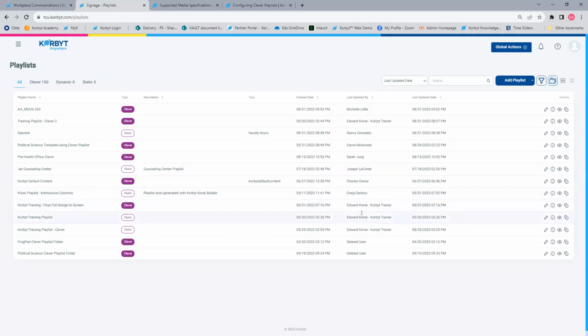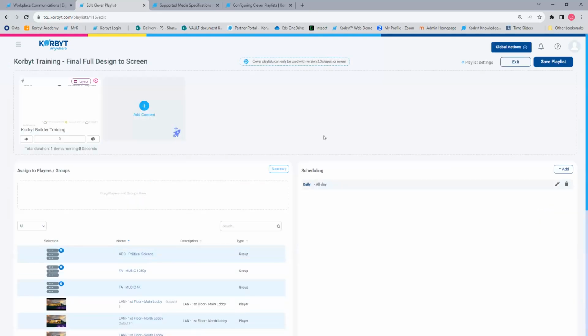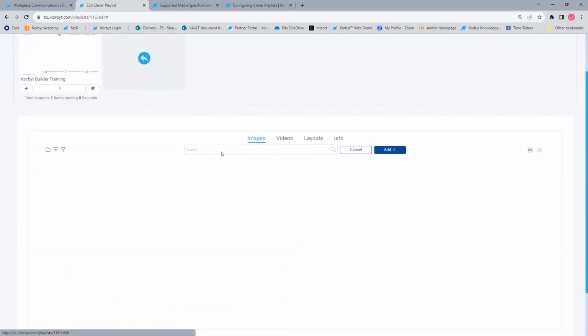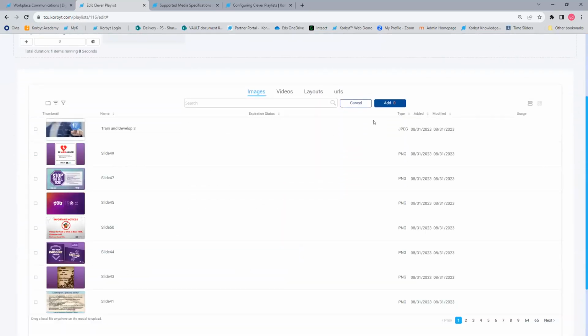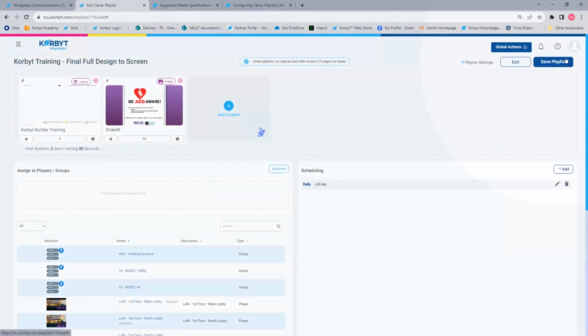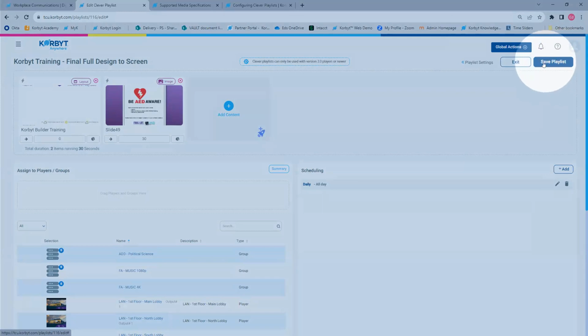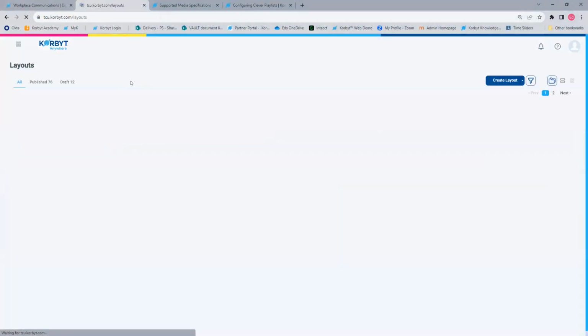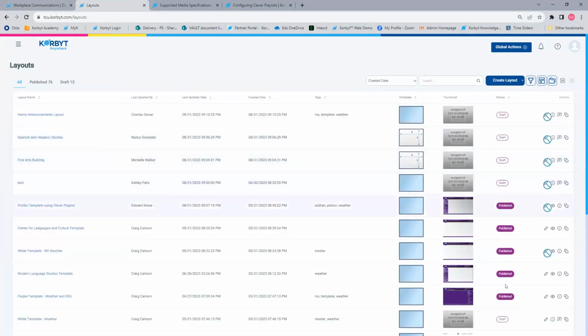The only thing I want to point out, as you are building, if you go into a playlist to do edits, you may have seen me just use my browser back button a few times or just close a window. Because it is web-based, if you go in and make a change to something, but you don't actually confirm that change by saving the playlist, or if we're talking about layouts, this can be a big benefit when it comes to layouts.